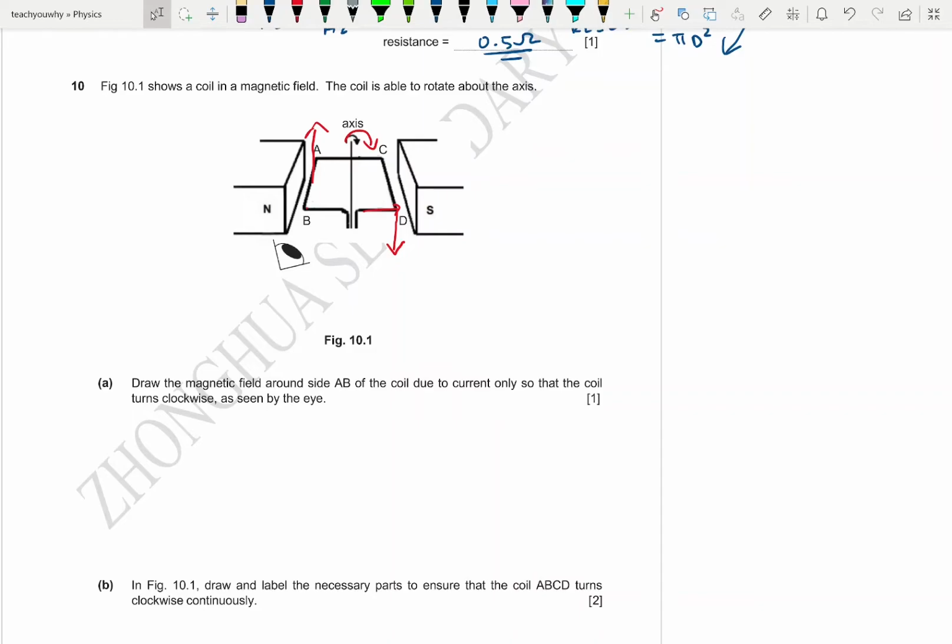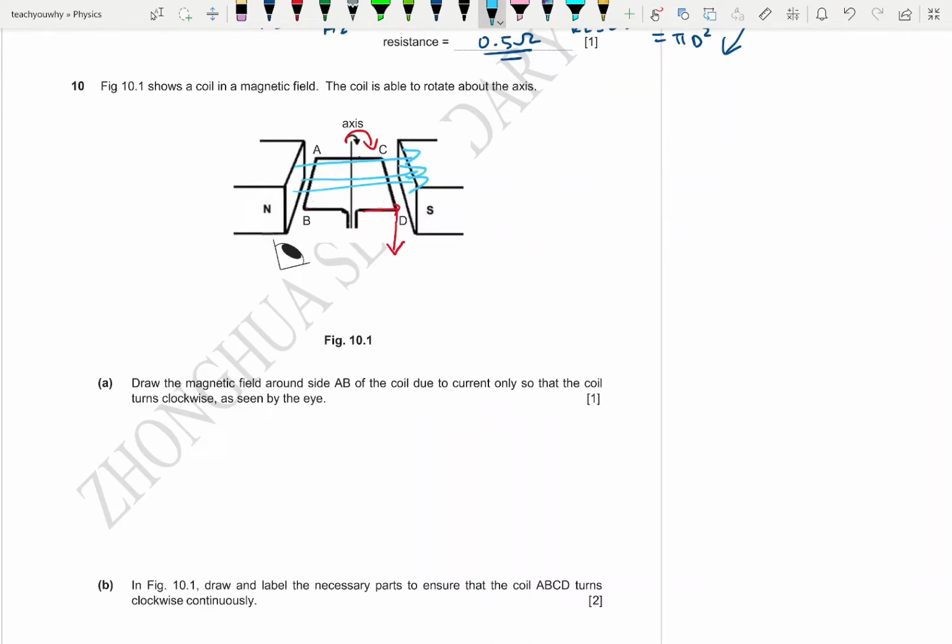Okay, so in this case, the side of AB. Okay, so in order for you to create a force downwards, you first need to recognize that